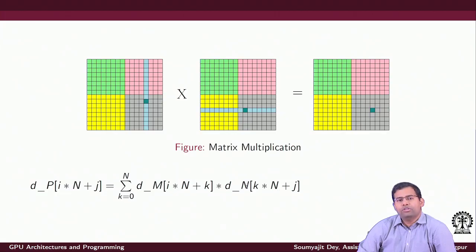So that's why you are also thinking that essentially you are doing a computation of the ikth element times the kjth element. So the ikth element from this matrix is getting multiplied by the kjth element of this matrix, right? So in that way you multiply the contents of this row point wise with the contents of this column, again point wise, and you are accumulating that sum, and that sum goes to this position.